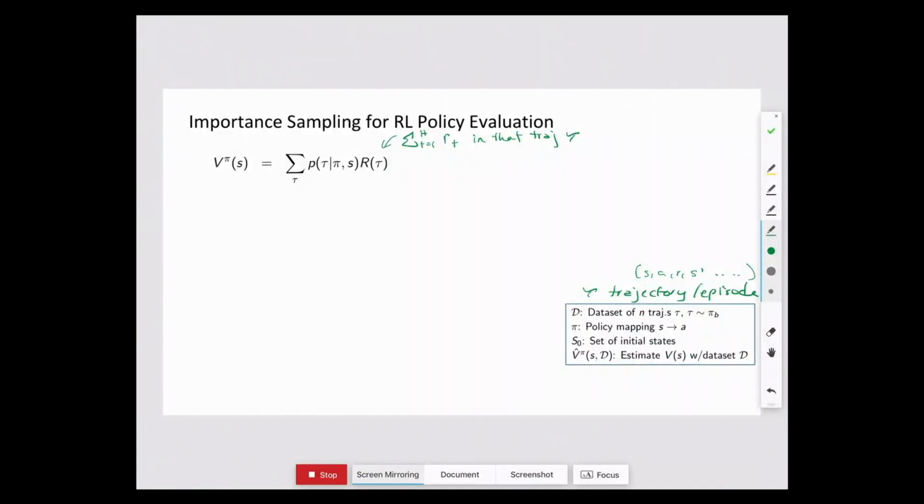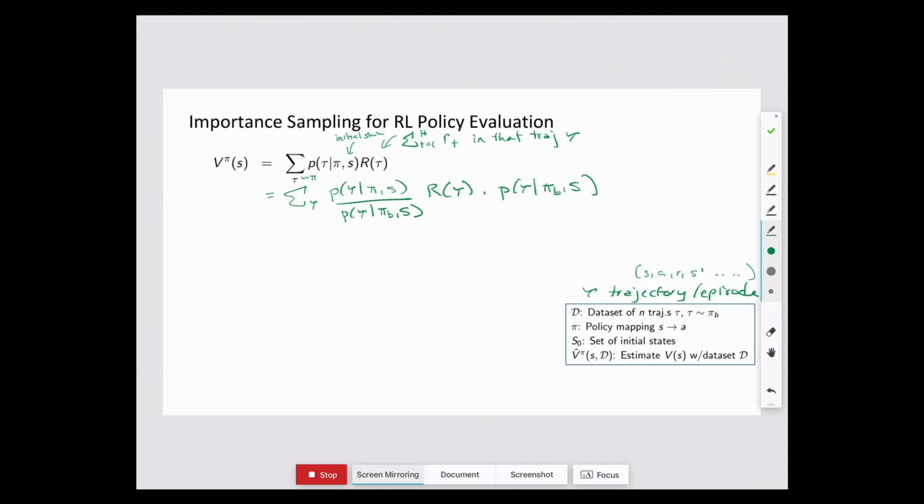So one thing that we could do in this case is we could do sum over tau of probability of tau given pi, divided by probability of tau given pi b. So here, tau is generated according to pi to start. And now I'm going to have tau given pi b, a different behavior policy. So we can think of this as the initial state, times R of tau, times probability of tau given pi b. So I've multiplied it and divided by the same thing. And I've just said, well, what would have been the probability of generating this trajectory under an alternative policy?